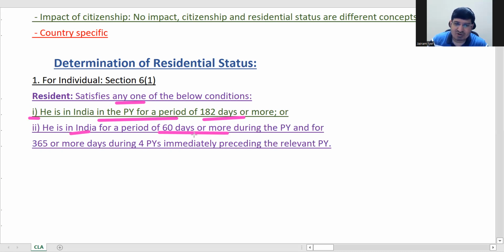Okay, 60 days or more during the previous year, and 365 days or more during the 4 years immediately preceding the relevant previous year. Okay, any one of the two. So what is the 4 years preceding the previous year for us? Current, this is